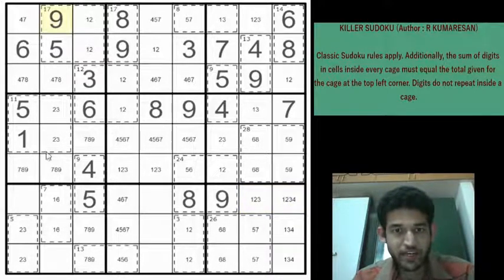Okay, you have a 9 here. You can eliminate the 9 from here. So this will be a 7 or 8. And 5, 9, 2, 3, 1, 6 have been marked. So this will be a 4, 7 or 8. And this can't be 8 and 9, right? So it can't be 2, 3, 1, 5, 6 and 8 and 9. So this can only be a 4 or a 7. Sorry, it can only be 4, 7.